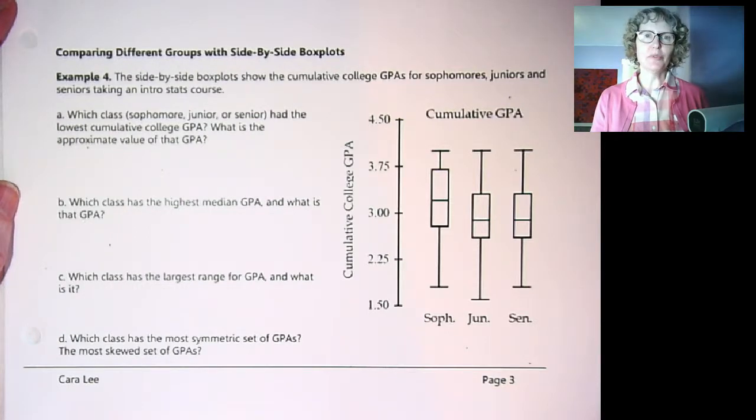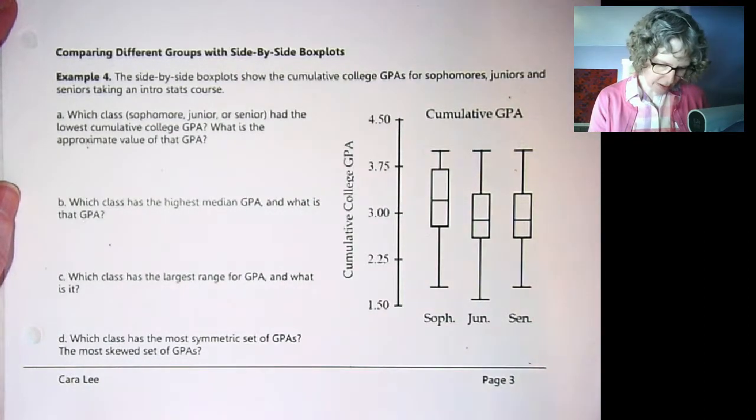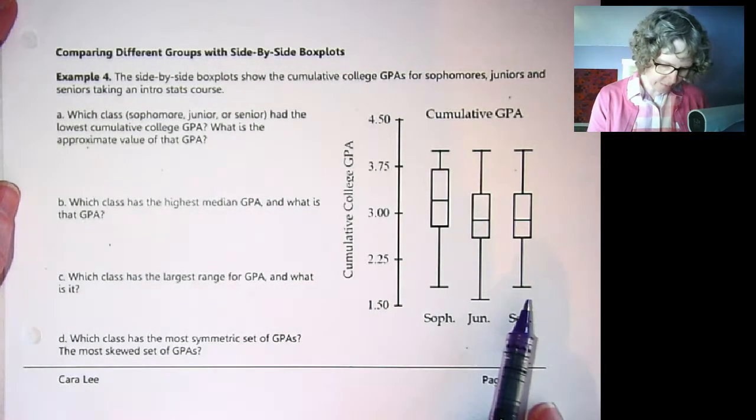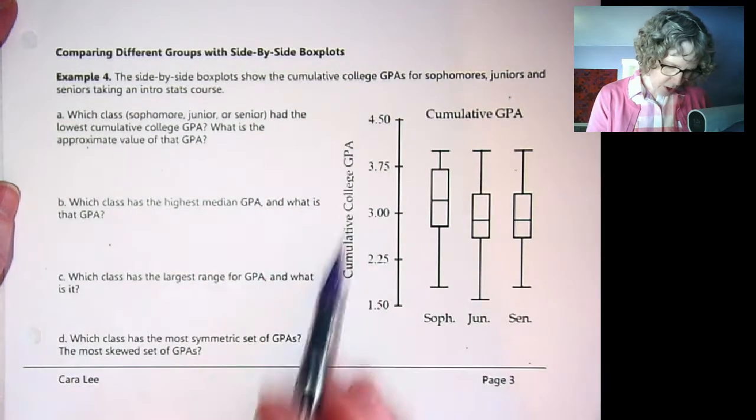Hi, let's look at an example of comparing side-by-side box plots. So instead of looking at a histogram and box plot for one single set of data, we can compare different groups using box plots side by side. So here they're vertical, which sometimes you see them vertical as well as horizontal. And we've got cumulative college GPA,